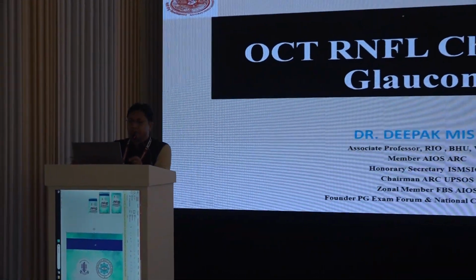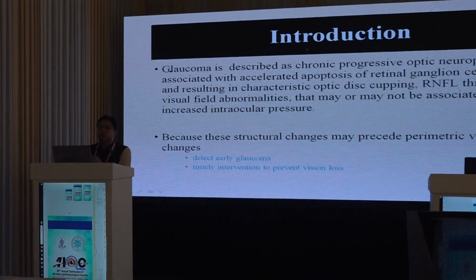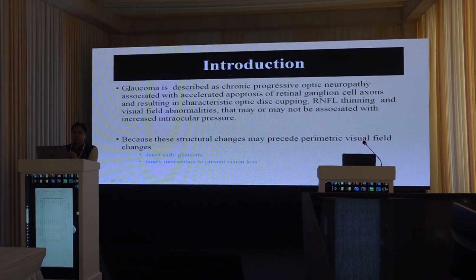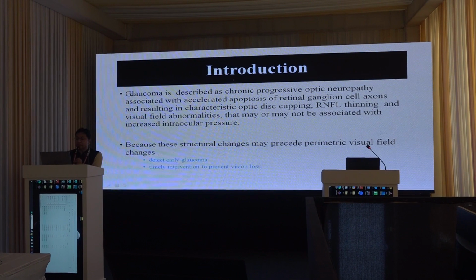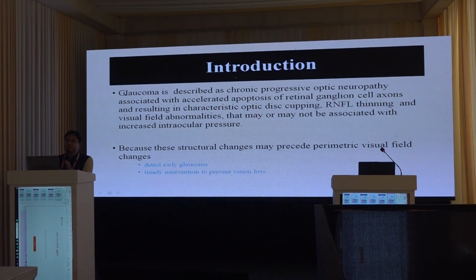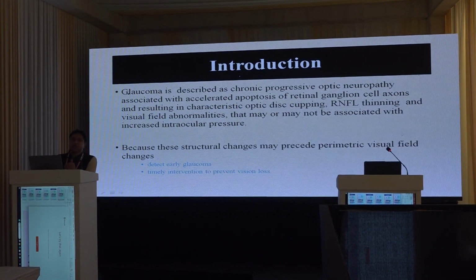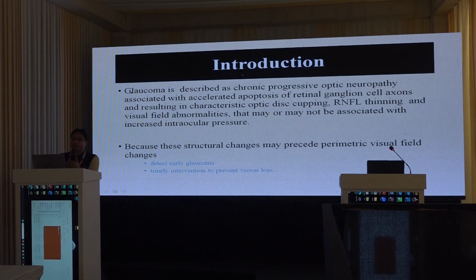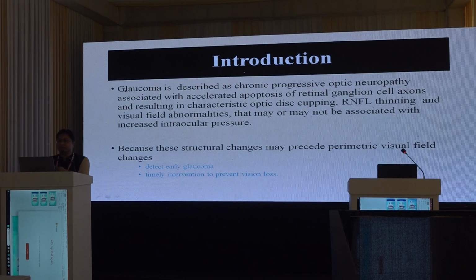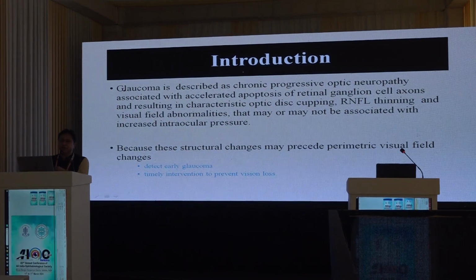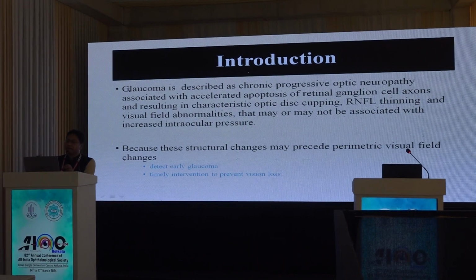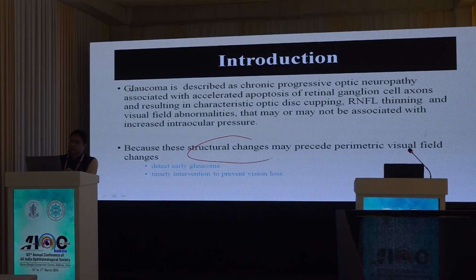So, we all as glaucoma experts know what the basic parameter for glaucoma is. Even in the definition we know that it is a progressive optic neuropathy, and there is loss of something, meaning corresponding field changes according to the disc changes, in which IOP may be the modifiable factor. I'm not going into detail of this, but we know that structural changes happen in